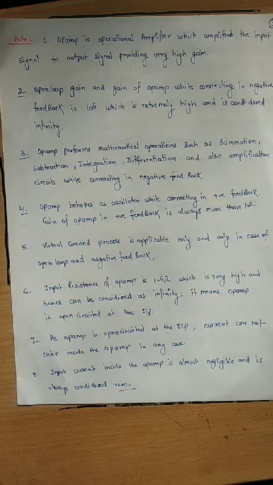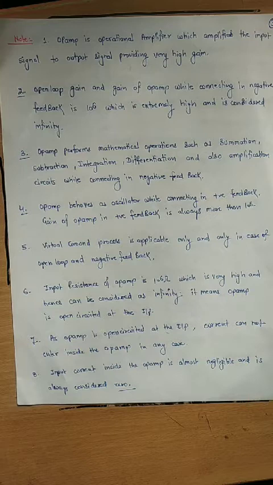First circuit is inverting amplifier. What is inverting amplifier? Now see, this is the op-amp. There are 2 inputs, negative and positive. Negative input is called inverting, positive input is called non-inverting. This inverting amplifier is called amplifier because negative feedback is provided. See, output is connected to negative terminal and input is applied to negative terminal, the inverting terminal, while the non-inverting terminal is grounded. That is why it is called inverting amplifier.